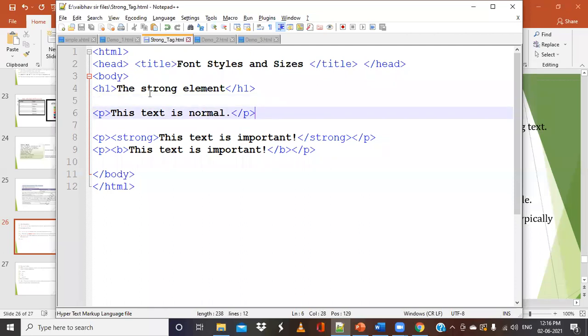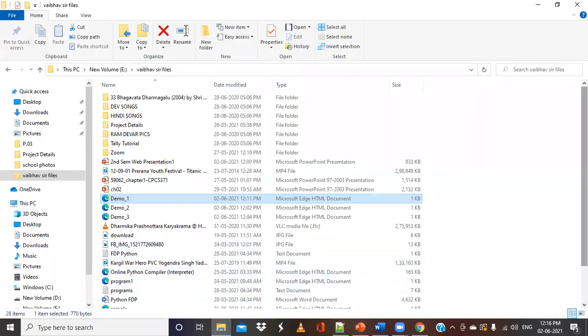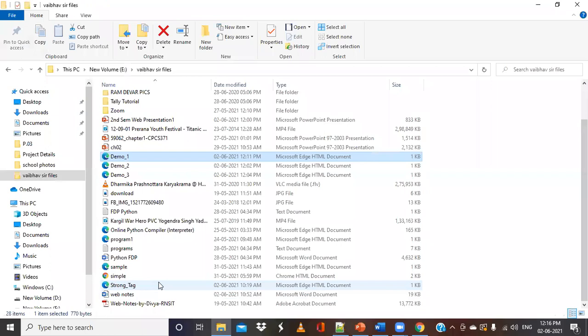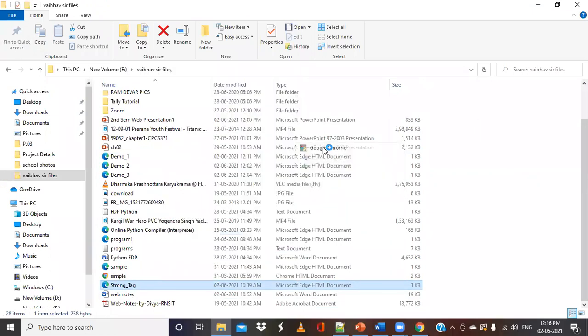So we can use these different heading tags, and here I have put the strong tag and bold tag. If you run this, just go to this file and run it.